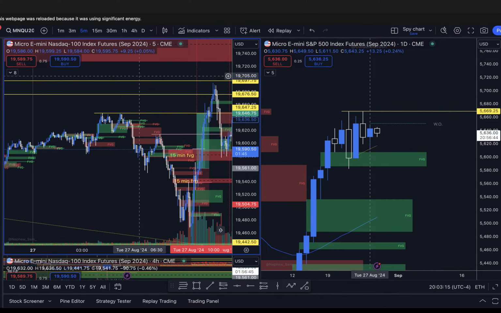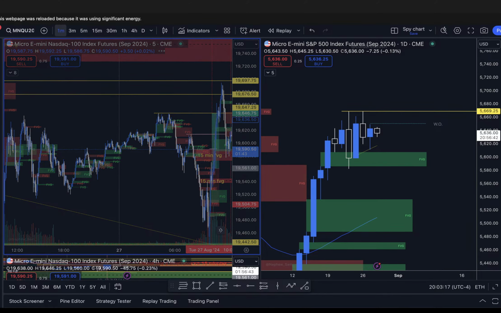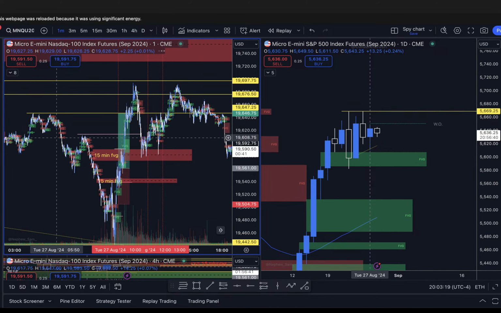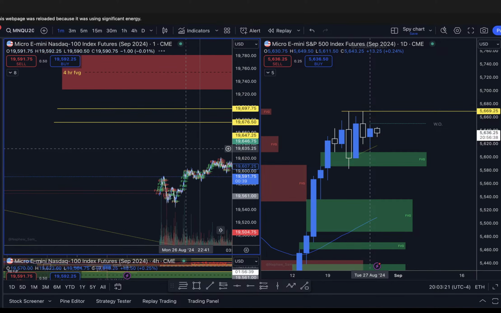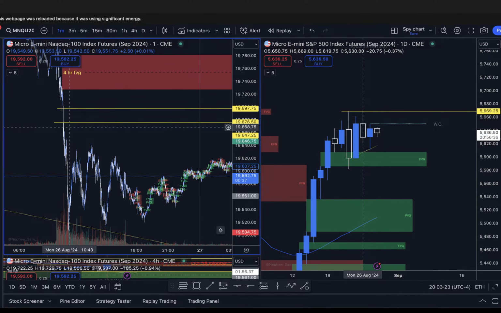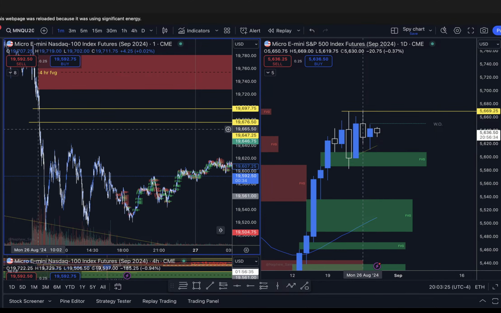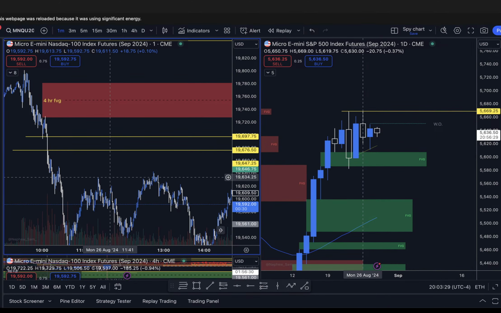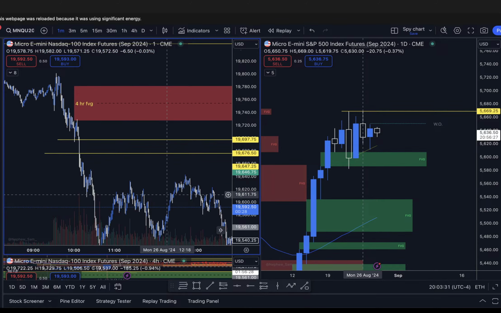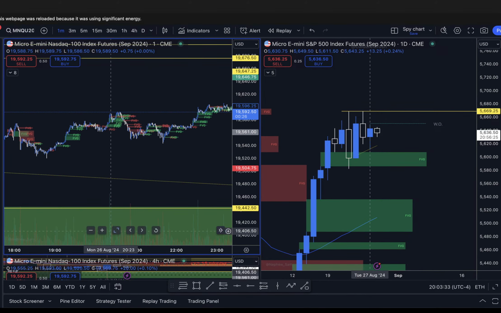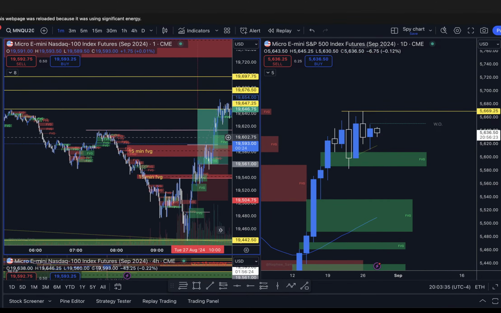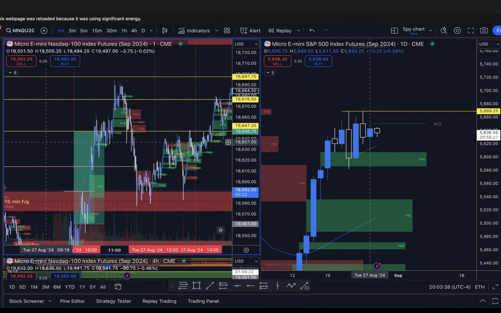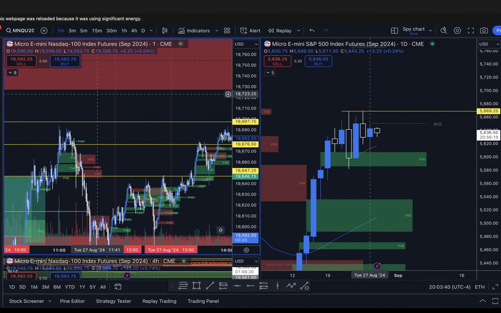So this was a 1 minute fair value gap, and I called it on live. I said we could go up to this fair value gap. It's filled now, so it's gone. But it was this fair value gap right here, if y'all could see it. I didn't want to mark it because I already marked a 4 hour fair value gap, the 15-minute ones, and the daily one. I didn't want to bombard my screen with a 1 minute one, but I said we could at least go up to that 1 minute one, if not the 4 hour one.